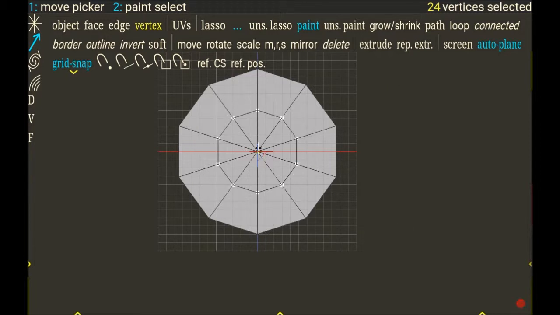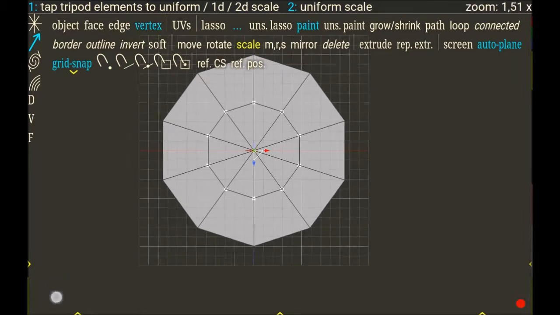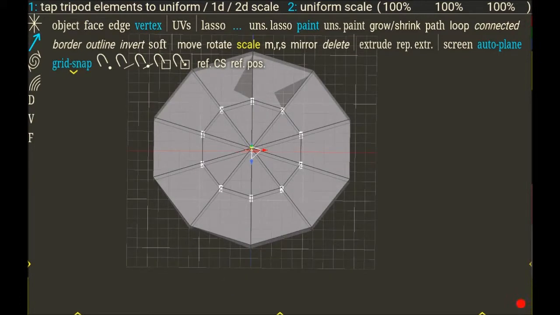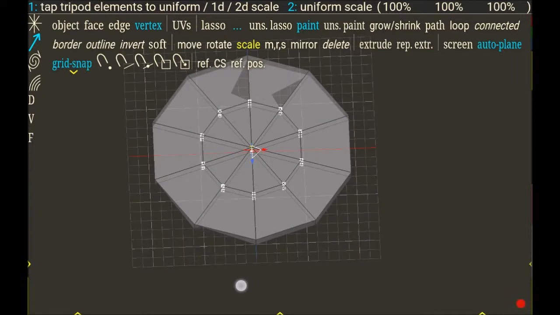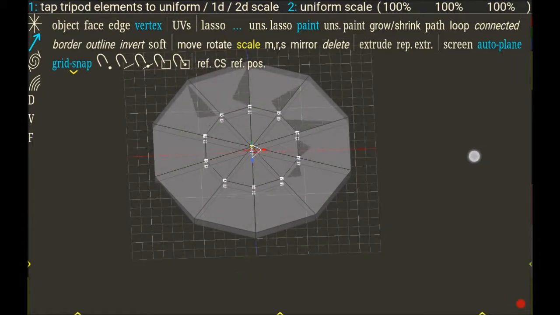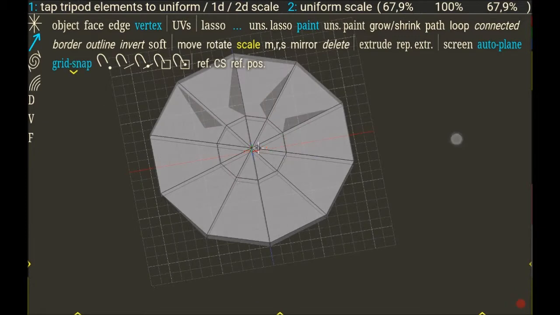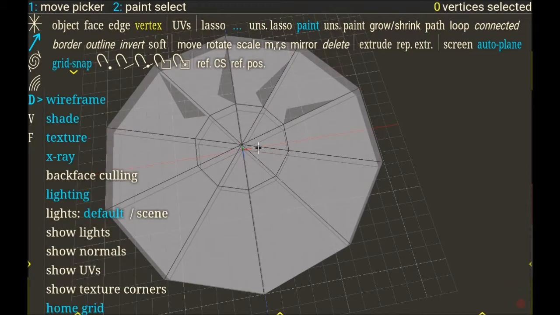So I will select all this one and scale it down a little. I will only scale on the X and Z direction because I don't want the cylinder to be thinner in the center. So I will scale it a little like this. Okay. So now I can remove orthographic projection and X-ray,